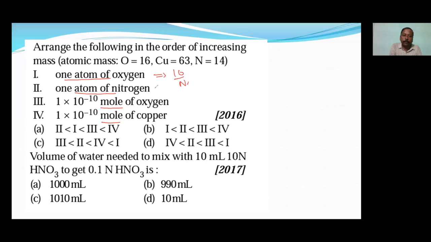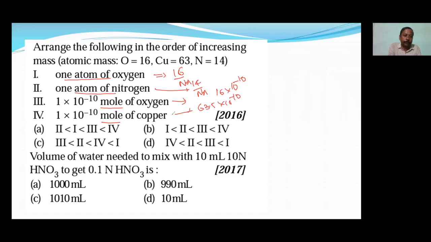It is 16 by Na. Okay. And here it will be 14 by Na. Okay. And here 1 mole of oxygen means 16 into 10 to the power of -10. Okay. And here it will be 63.5 into 10 to the power of -10, because this is the mass of